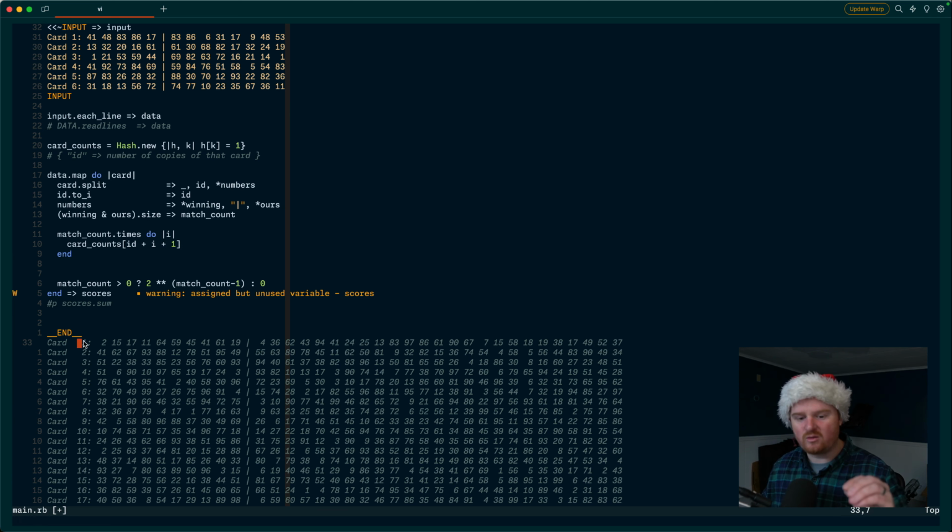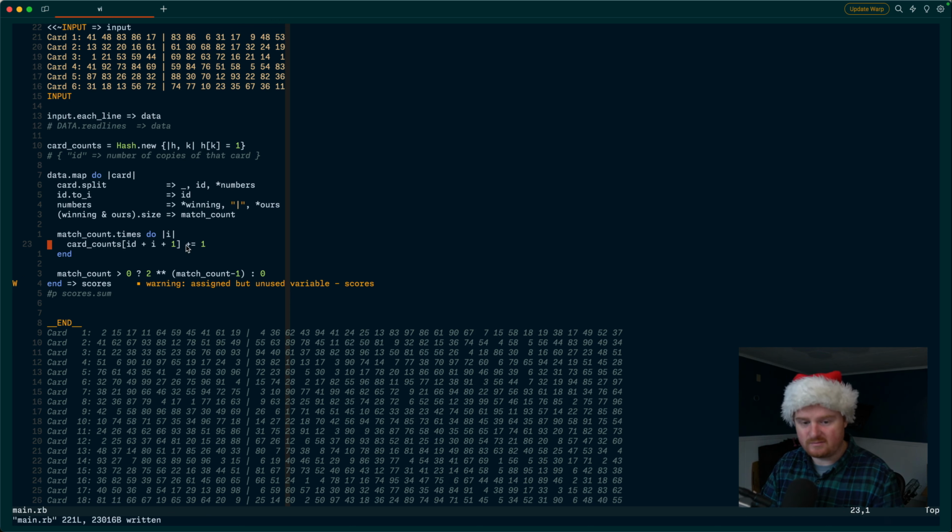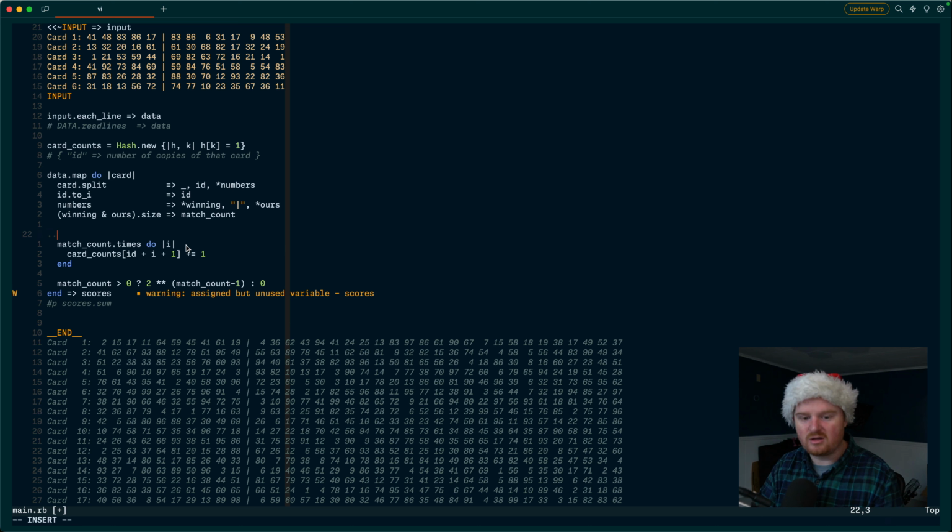So if we're on card 1, this is going to iterate to card 2, then card 3, then card 4, then card 5. Every time we encounter one of these, we want to increment the count at that location by 1. If we were just doing 1 copy at a time, that would give us that 1 copy for the original. But because we also need to apply it to future cards based on the copies of the current card, we need to go through